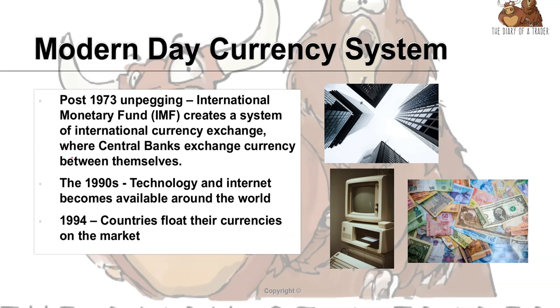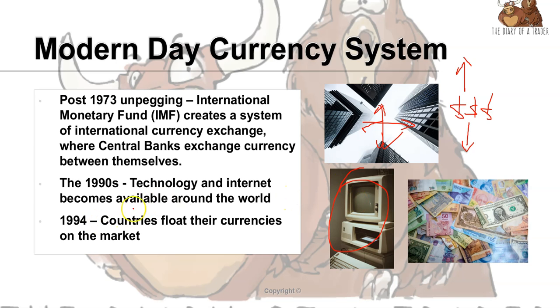Then we moved on from there to the modern day system. After 1973 and that unpegging of the dollar, the IMF created a system of international exchange, but that exchange was only available between banks, and therefore only very large amounts of currency were exchanging hands. So in the 90s, when technology came in, we had the internet and more widespread use of computers,